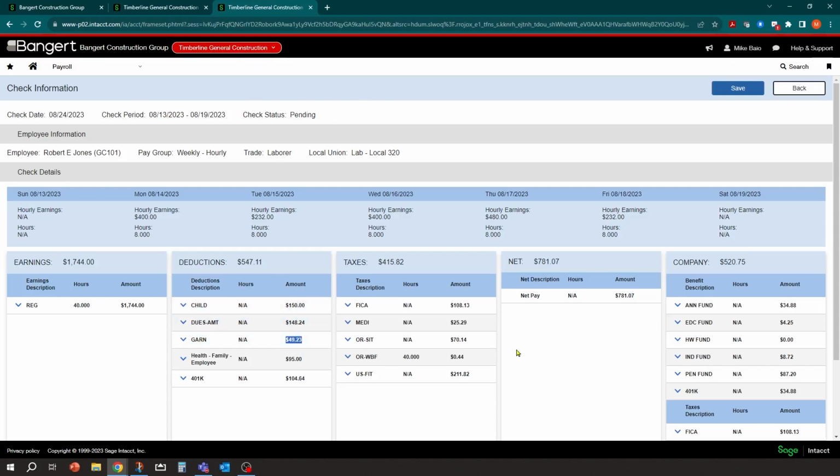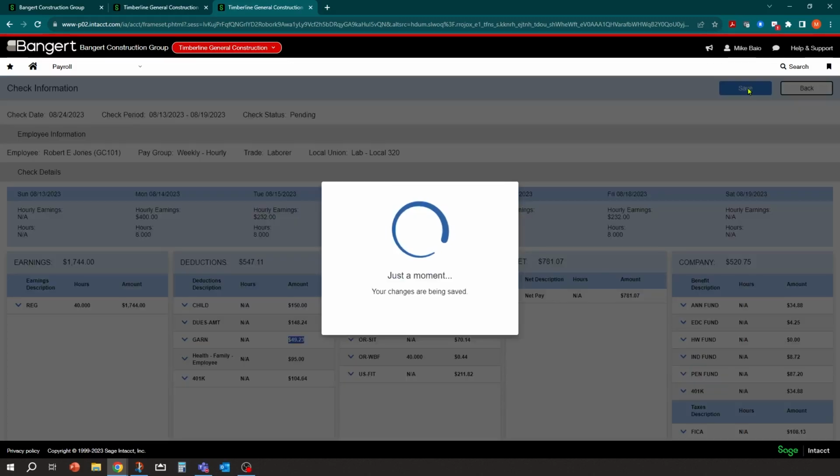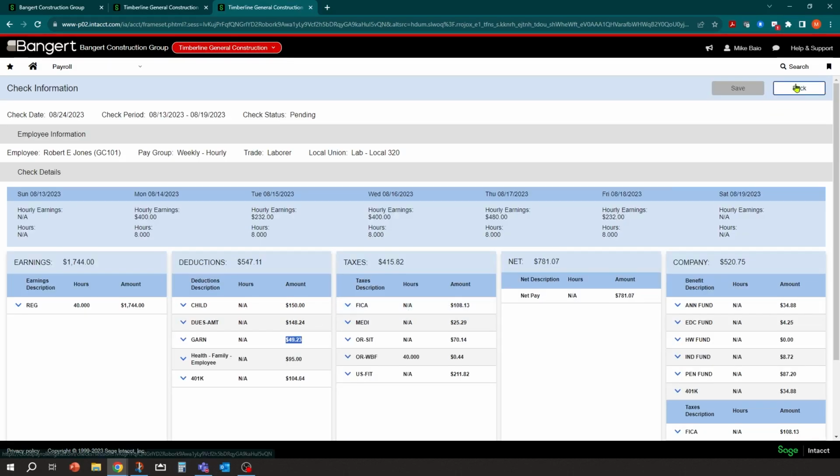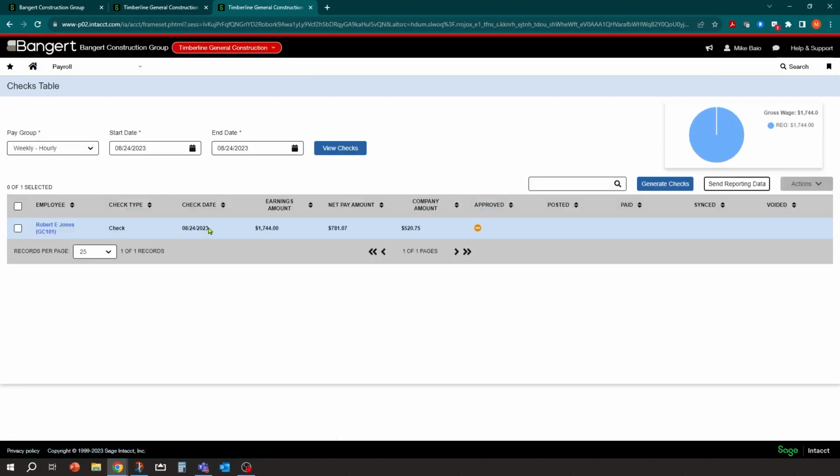What's really nice is, if you also notice, when you're in here editing this check record, the reprocessing, recalculating of the check happens simultaneously. So there's the garnishment based on the formula that it'll take out for this check. I'll click save, and that would return it back to the screen, and you're good to go. So basically, that's pretty much how to set up a garnishment in the Sage Intacct Construction Payroll module. It's very flexible. There are going to be different scenarios you run through, but chances are you're going to be able to fit it in based on the pay modifier flexibility in the system.